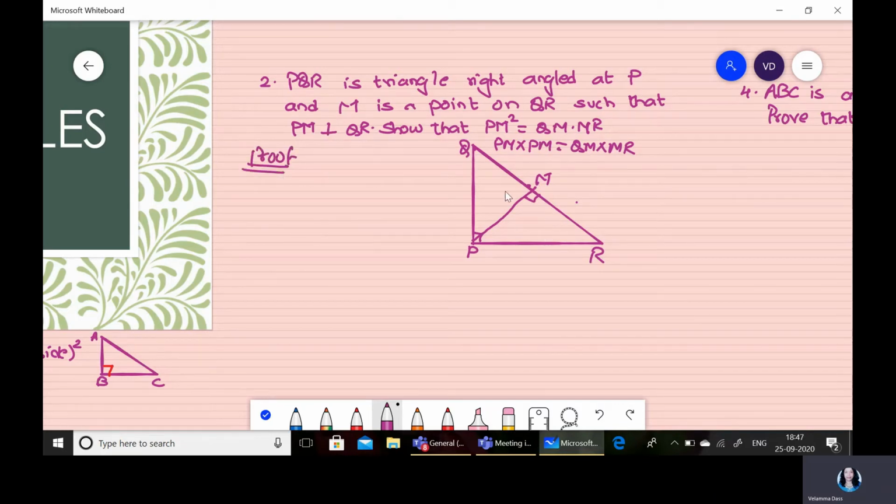Now here, that means with the help of similarity, I need to prove this because here we have 3 triangles. So here we want PM and PM. That means we have to consider 2 triangles in such a way that PM occurs. So here we can find where PM occurs, the triangle is this triangle, that is if I take as 1 and 2.